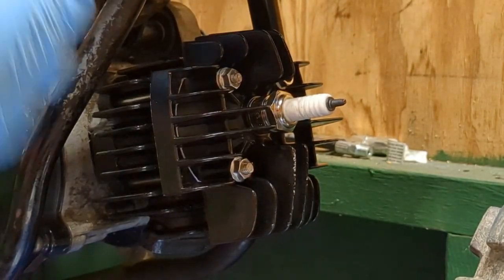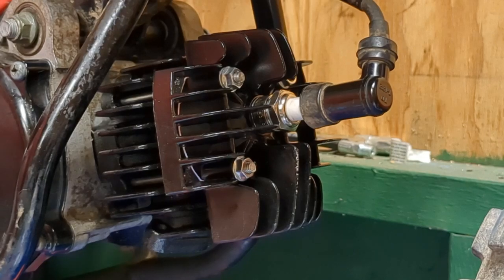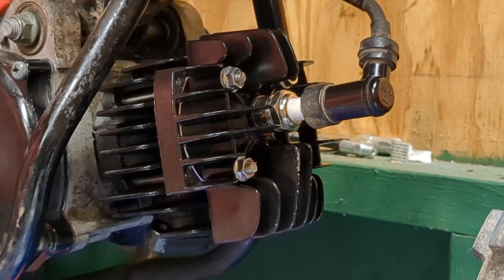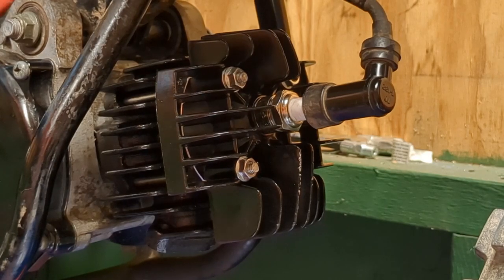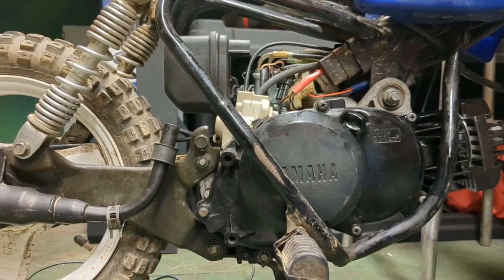And then bring this boot back through. And there we go. Put that on. That should be it. It should start up right now. So I should have oil in here, gear oil, or I think this just takes 10W30. I think is what this takes. I don't even actually think this takes gear oil. I forgot to put the exhaust on while I was up top, so